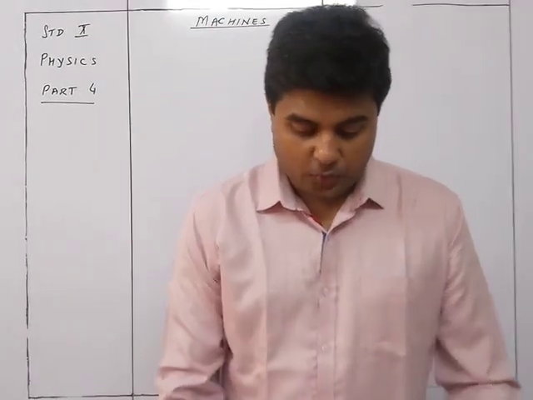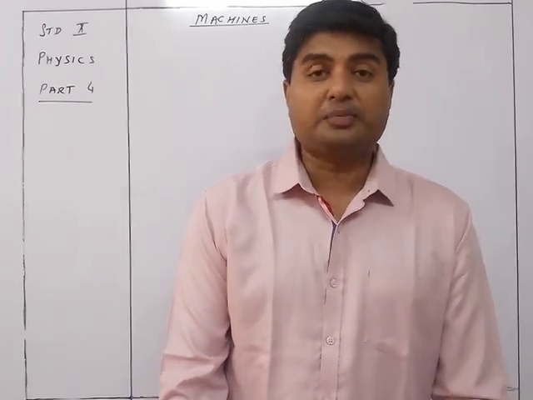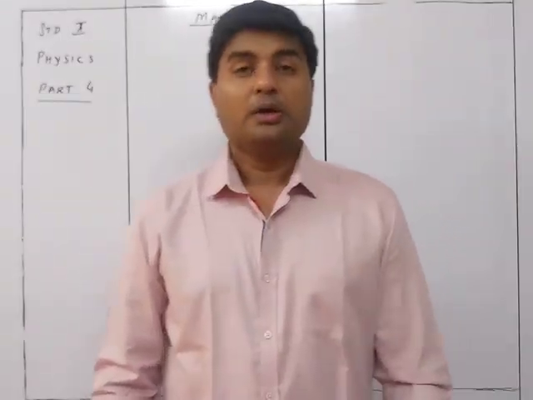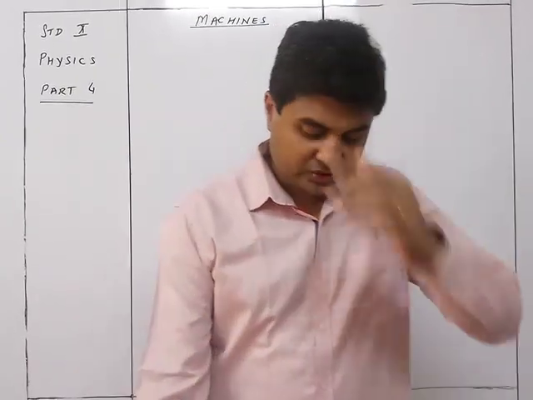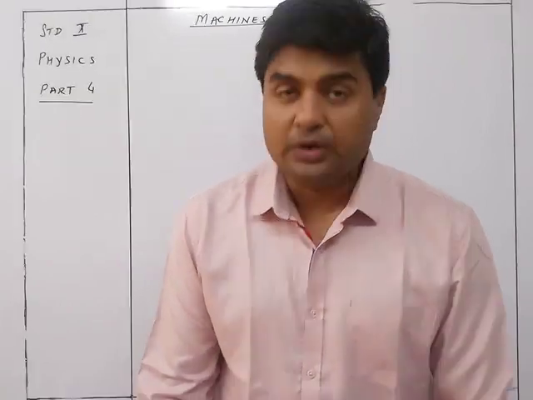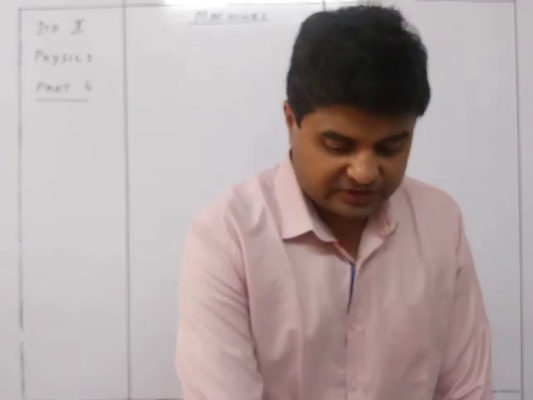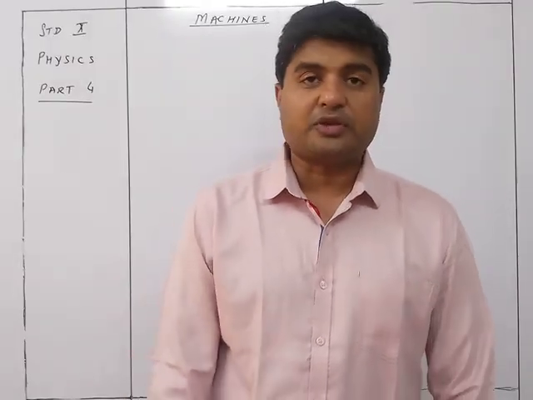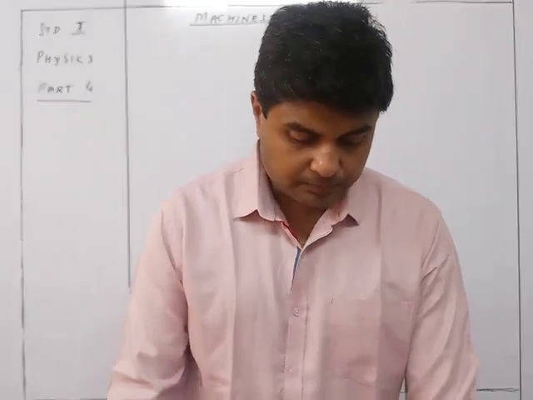So now we continue with the machines. We had done the explanation of the different machines and the simple machines, and also the explanation of the different kinds of levers. So class 1, class 2, class 3 levers is what we understood in our previous video. Now we are going to do the numericals which are present in exercise 3A of this chapter. In exercise 3A there are around 12 numericals in the textbook. So we will do the numericals one by one.